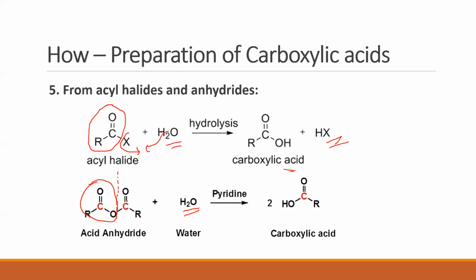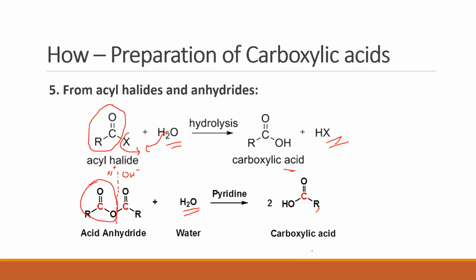And it breaks here. Clear? This portion needs H plus. So H plus from water adds to this portion. When it adds to this portion, what do I get? RCOOH, clear? Which is a carboxylic acid. And what is the other product of lysis of water? OH minus. So OH minus adds to this portion. When OH minus adds to this portion, I get RCOOH, which is the other carboxylic acid.